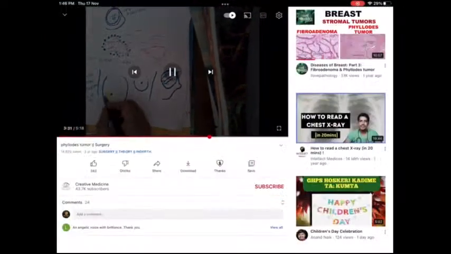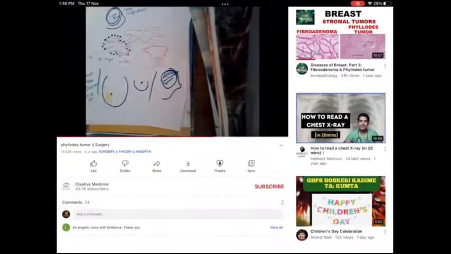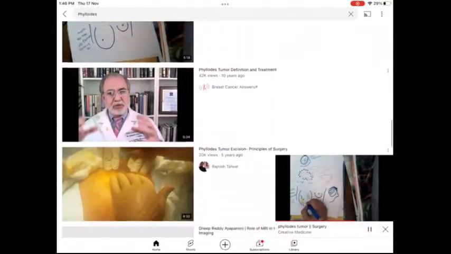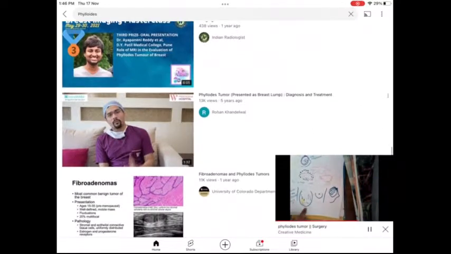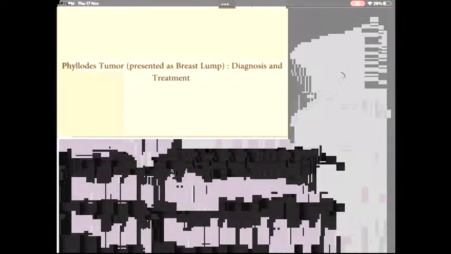The skin is red and stretched, and you can even see dilated veins over the skin. The tumor looks warmer, and remember, it is not fixed to the skin or the deeper structures. There is no retraction, and mostly